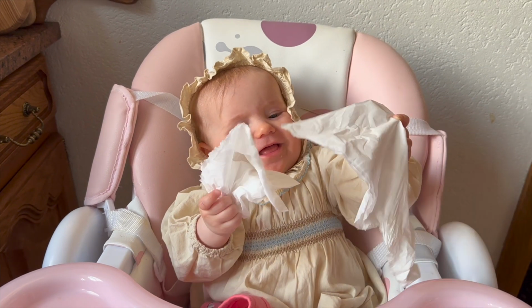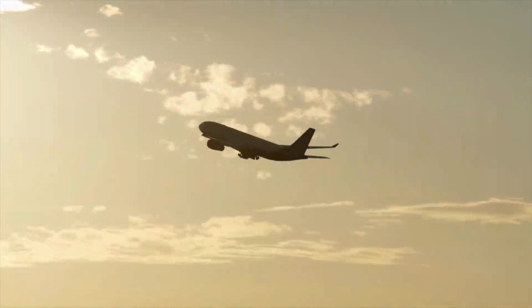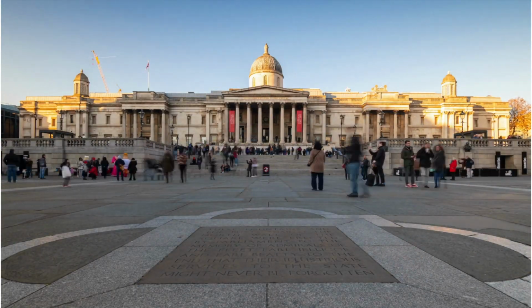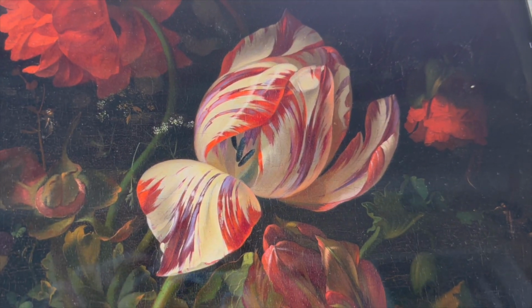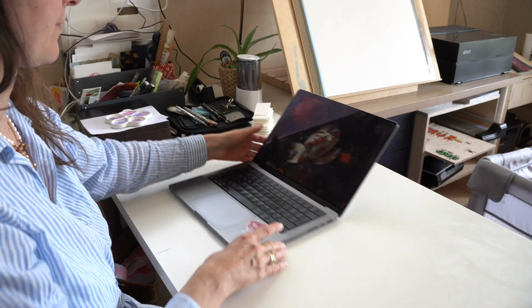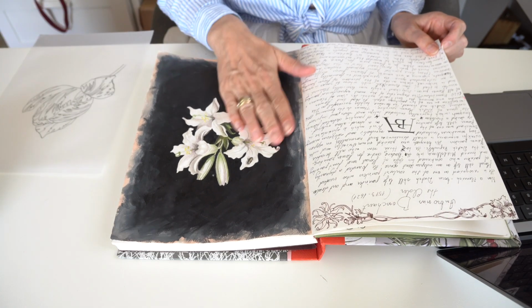To see a close-up of Rachel's painting, let's go on a travel. Not a real one, but a virtual one. London National Gallery has an amazing online gallery where you can see great paintings and have a really close-up view of details. I picked Still Life of Flowers in a Glass Vase on a Marble Ledge from Rachel Ruysch, and